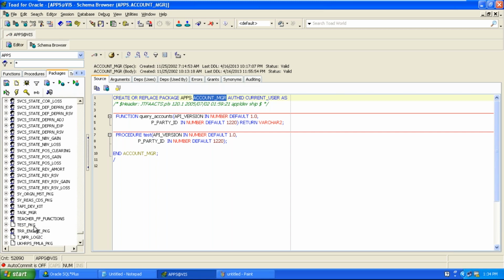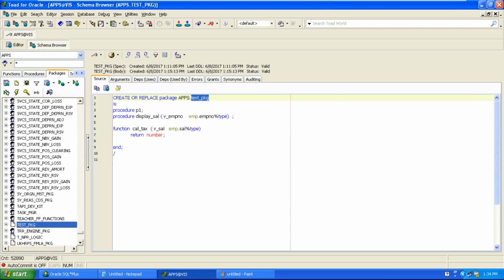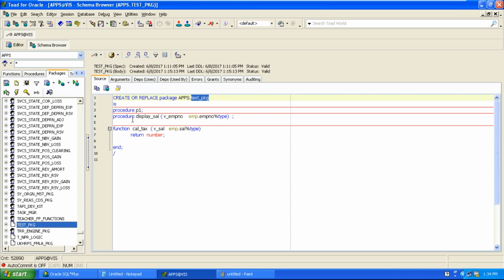Can you see test underscore pkg? You can see how many packages there are. This is one program, and this is the second program.